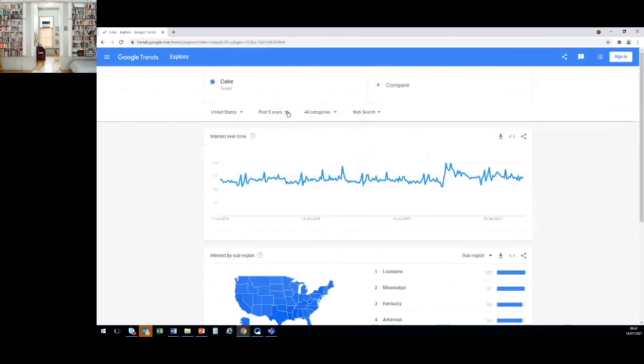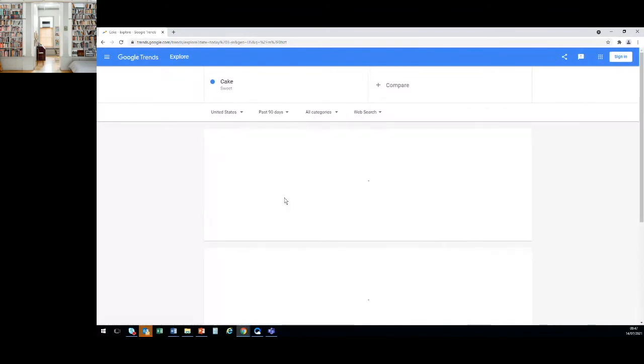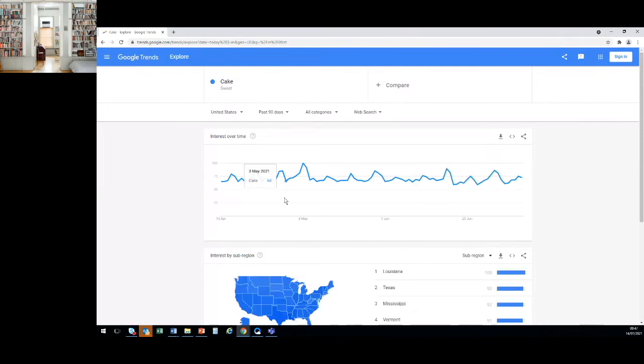Other than that, we would like to set up promotion plans and marketing strategies, so we might want to look for some more patterns. Here we couldn't see any obvious pattern, so I adjust the period here to see whether I could discover anything interesting. If I switch the period from 5 years to 90 days, it looks like there is a more obvious pattern that I can see.